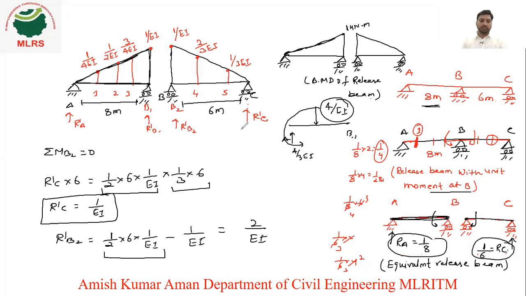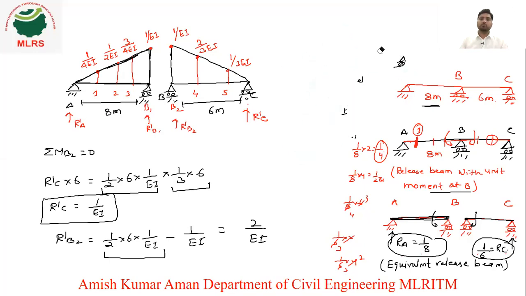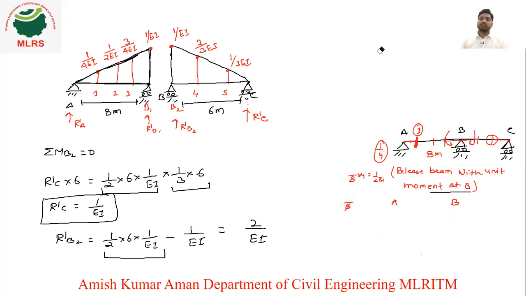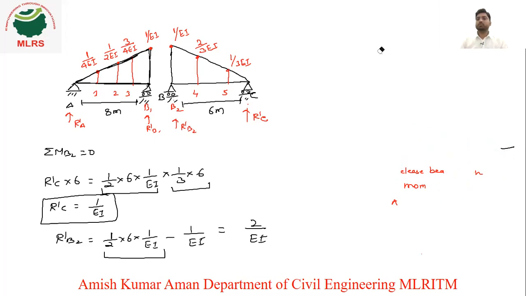Now what we will need to calculate? We need to calculate MA, M1, M2, M3, MB, then M4, M5 and MC values, right? Moment value. So now we will calculate this moment's value. Okay, so now there is no need of this, so I am erasing this. Here only we will calculate all the moments. Okay, same step, whatever the step we have done in the previous problem, same step we need to repeat in this also, but only the thing is, there we are giving the unit load, here we are giving the unit rotation, that is unit moment, right?